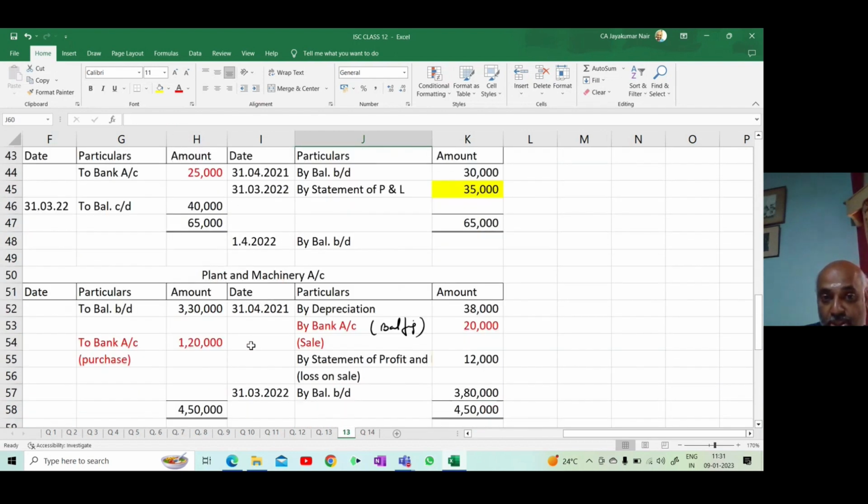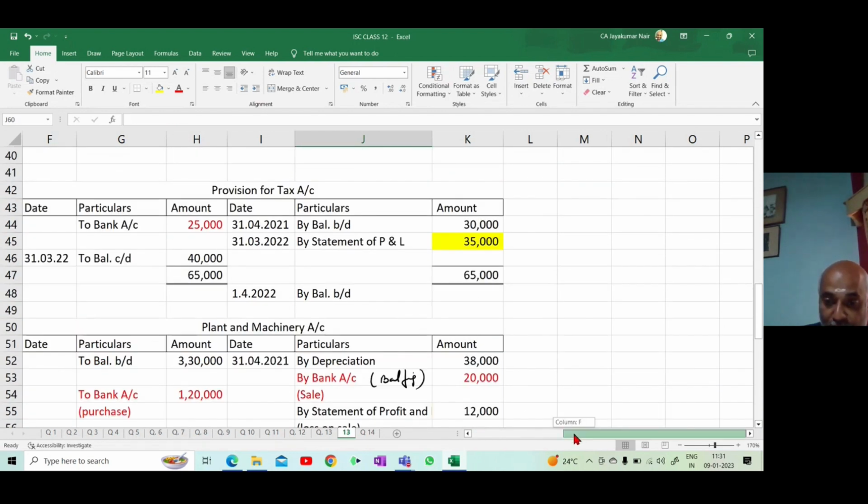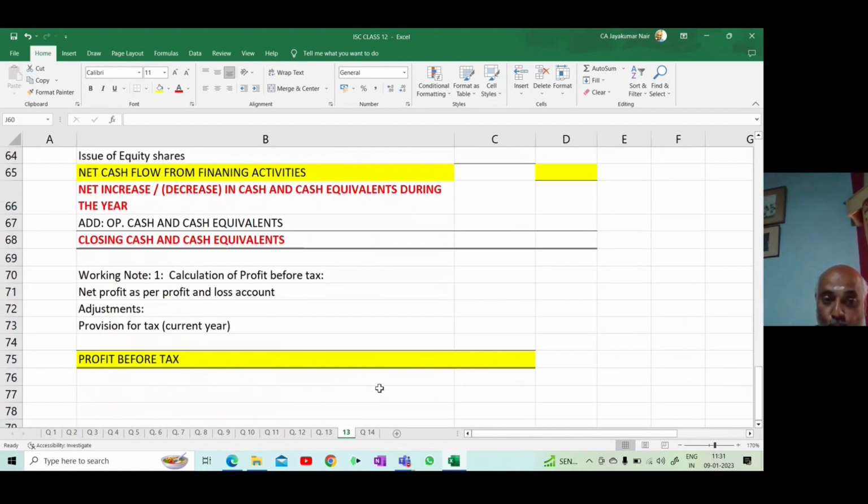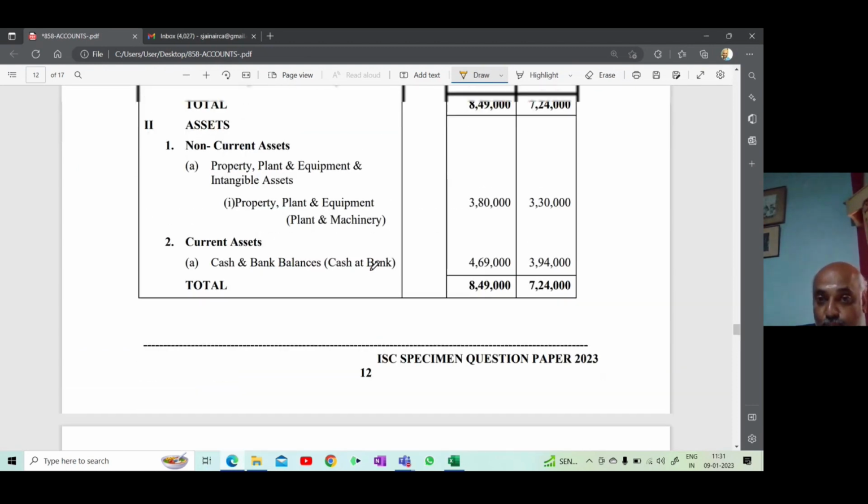Okay, so this is the ledger that we need to open. We have finished opening the ledger, so we can start the cash flow from operating activity. First, we'll do the working note: profit as per profit and loss. We know what the profit as per profit and loss account is because under reserves and surplus, we have seen